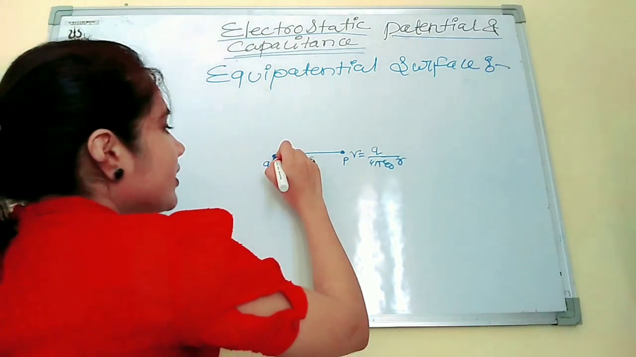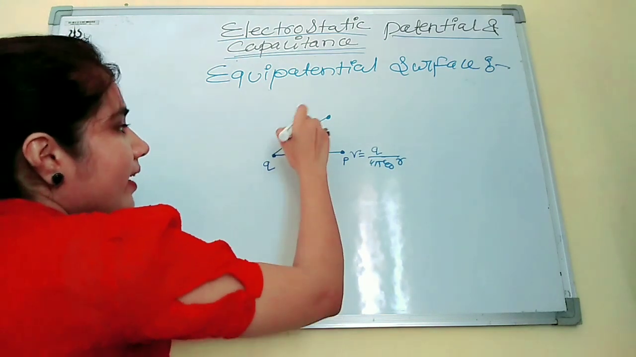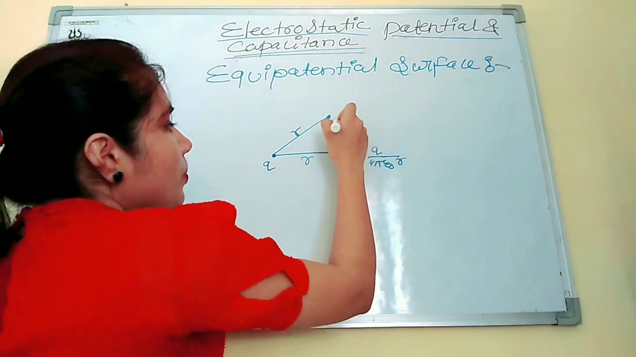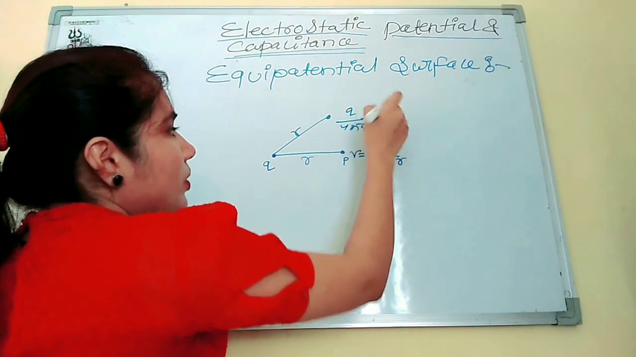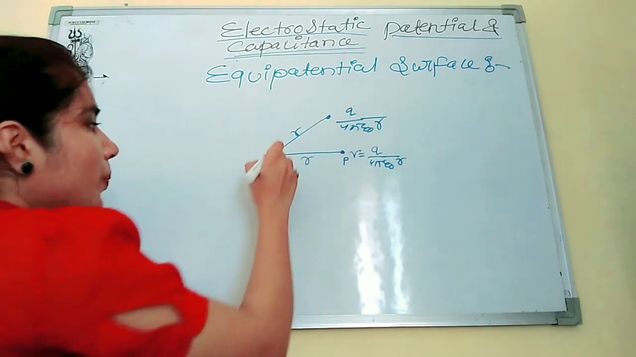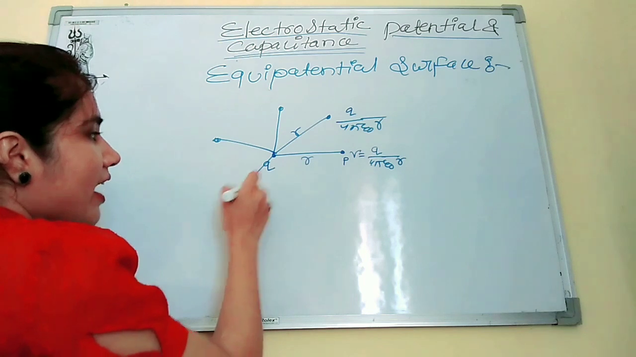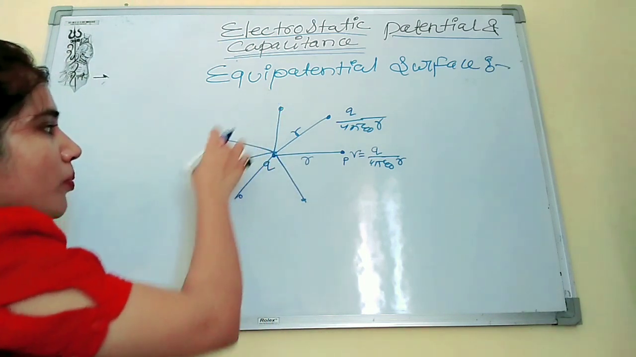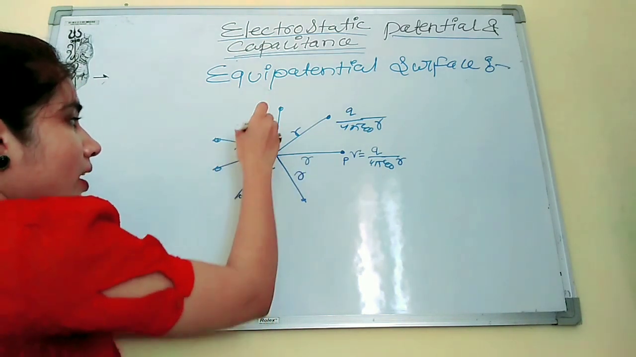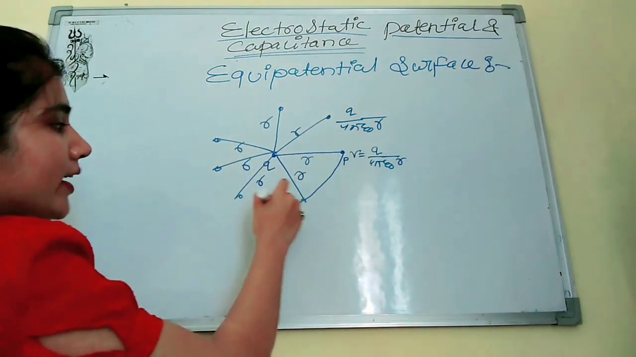Now again we have to find the potential at this point, and both points are at the same distance R. So the potential will be Q by 4 pi epsilon naught R. The potential from both points is similar because the points are placed at the same distance from this Q. Again, any point at the same distance, and all these points are placed at the same distance R from Q. So the potential will be similar for every point, and if we join them like this,